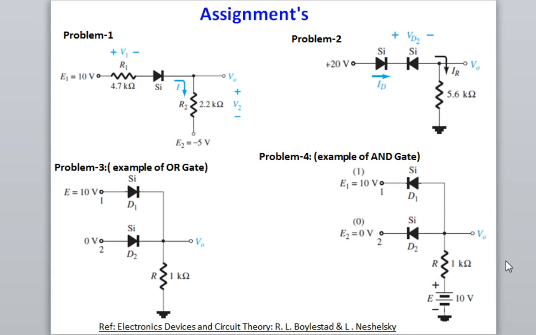If you find out the output voltage, it will just change: this one 10 volt, this 0 volt, again this 0 volt, 10 volt, and then you do the combination, and you see that this will behave like an AND gate. So presently what you have to do is find out this output voltage for this given case, and for this given case. You forget this thing.